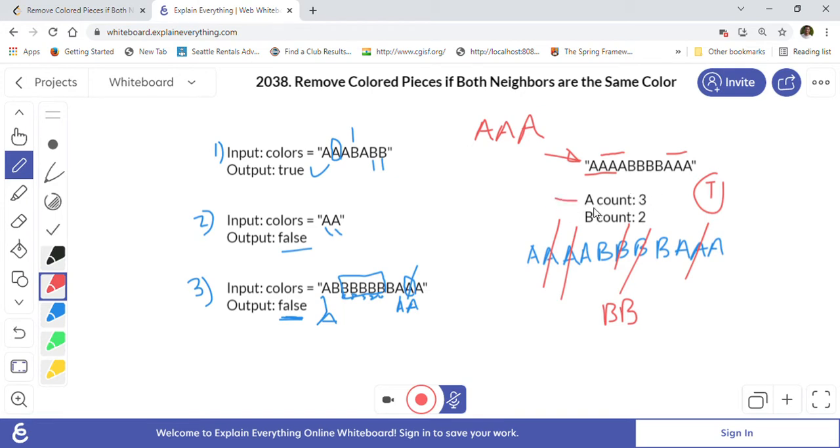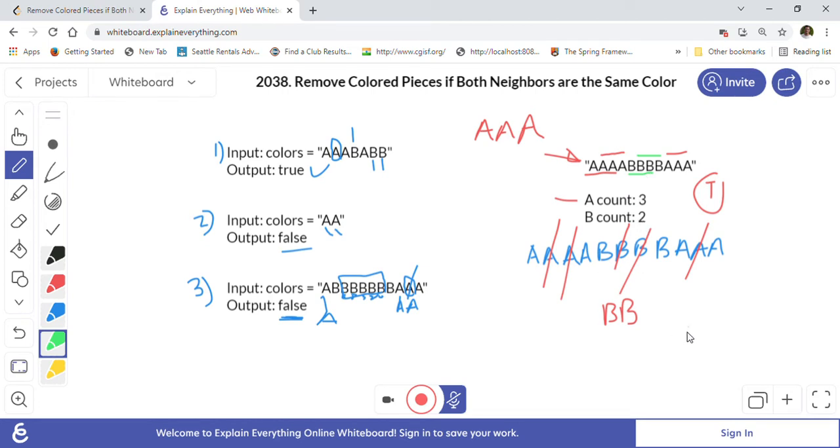And for B, this is one count, 3 B's are consecutive, and this is another count. I highlighted this because these are 4 B's, so there are two counts for three consecutive B's here.